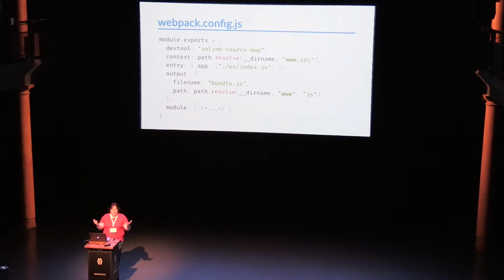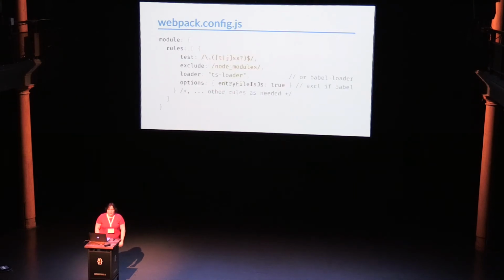Entry is your entry file, and you can specify this with just a string if you only have one. But I'm going to show you an example where you can have multiples and then split them out. And so I just start with a dictionary and an array. And then you tell it where you want this bundle to live. So fairly easy. Now I've left out one part, which is that module dictionary down below, because you need it